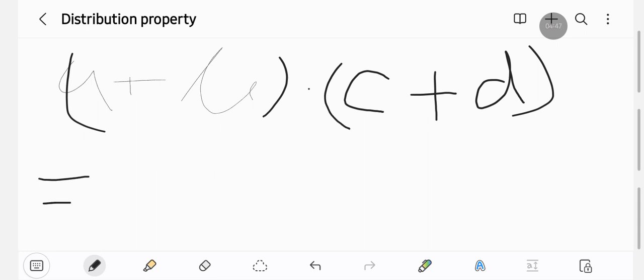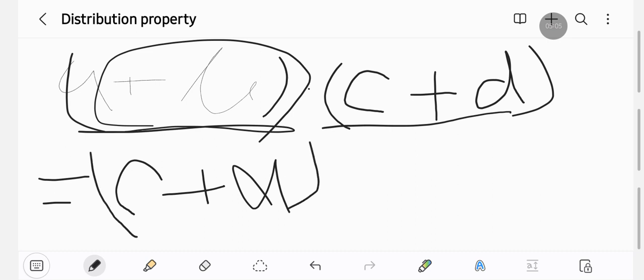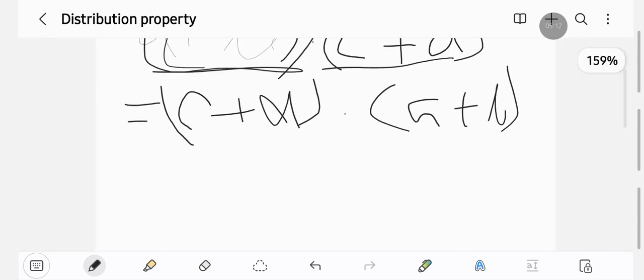Now what if the FOIL method states that this side should be multiplied with this side, right? This whole expression should be multiplied with c, then d. But the expression states that you can multiply a. What it's just saying is you are flipping sides, like c plus d times a plus b. How? Because when you flip sides like this, what you get,